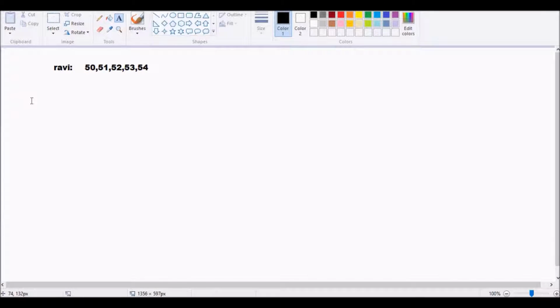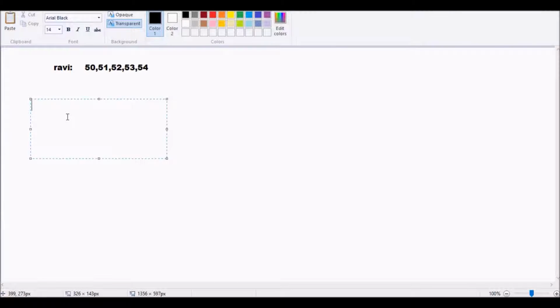Suppose let us take a class. Along with Ravi, there are some of his friends. So these are his two friends. I want to store all these three students' marks. So now I will use it like this: 50, 51, 52, 53, 54 here. Then 60, 61, 62, 63, 64.